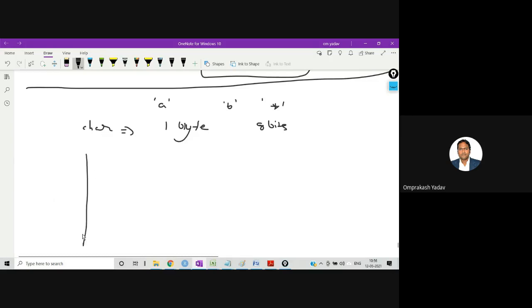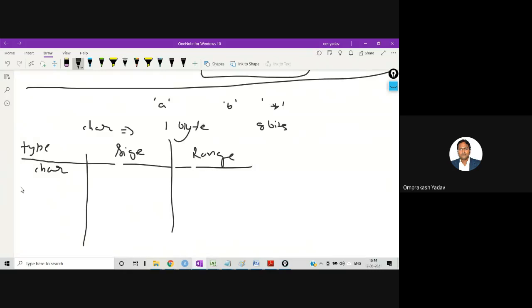So here I'm making the column type char. So char type data requires 1 byte.